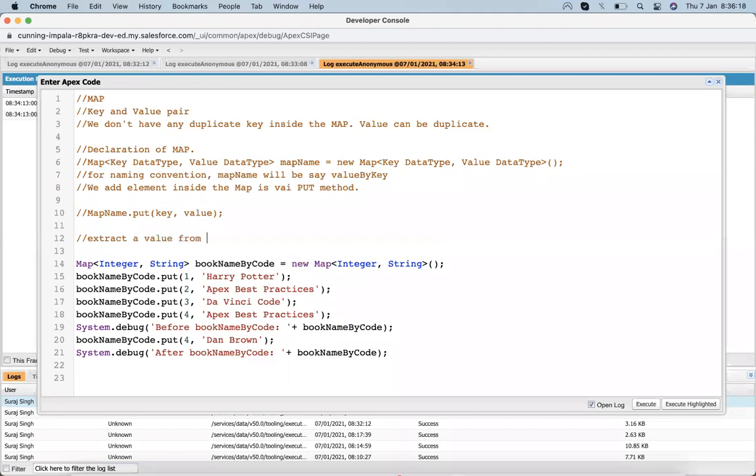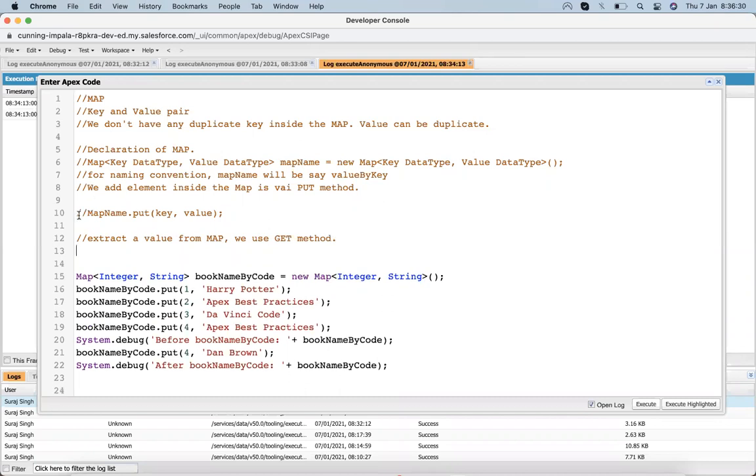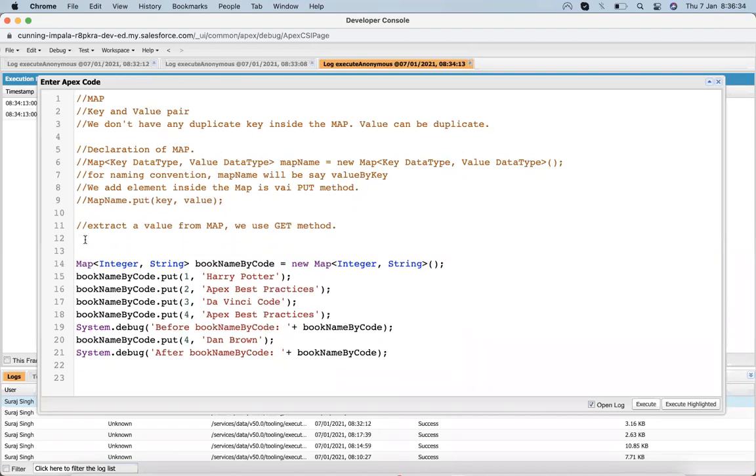So in order to extract a value from a map, we use the get method. It will be the same as here, but instead of put, we just use get and the key.